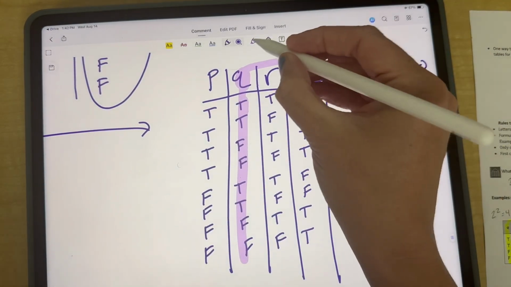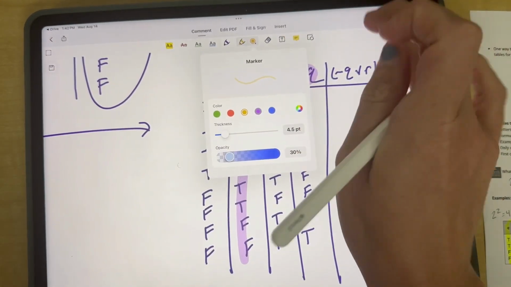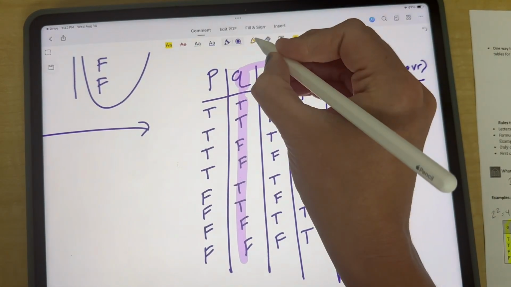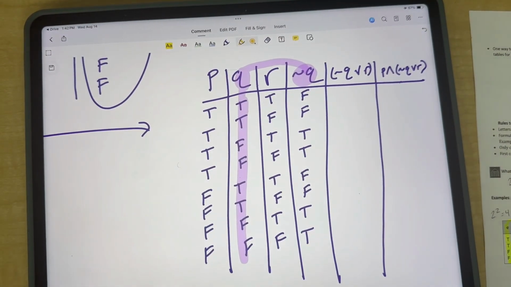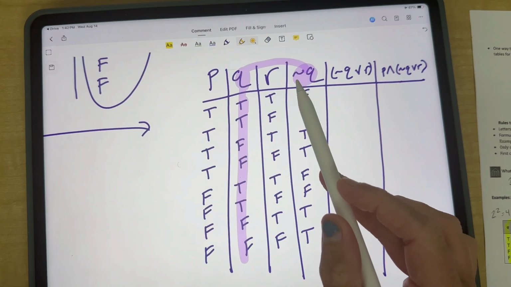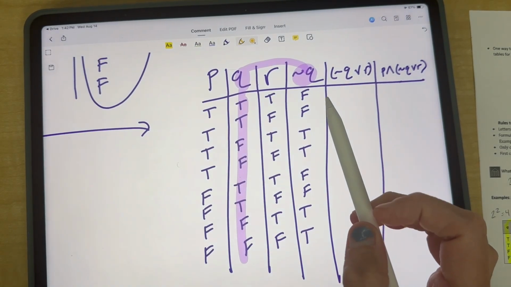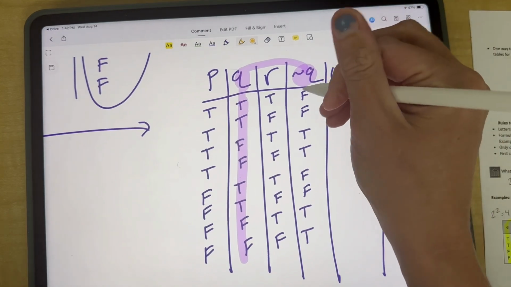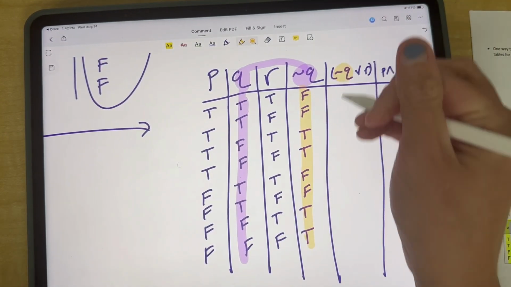Okay, scooting over, grab a different color highlighter. I'm going to do yellow. Oop, I forgot to close this parenthesis. There you go. What do we need for the yellow? We need 2. The only time you use really 1 column is when you do negations. Every other time you should be using 2. Okay, this one needs not Q. So where's the not Q? Right here.